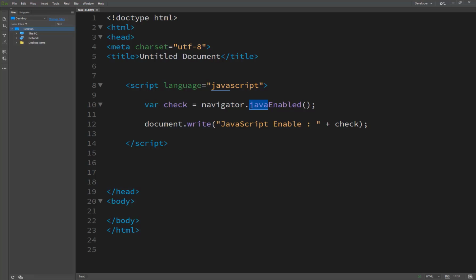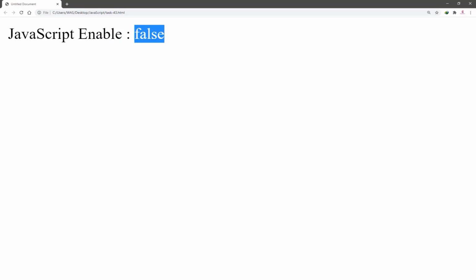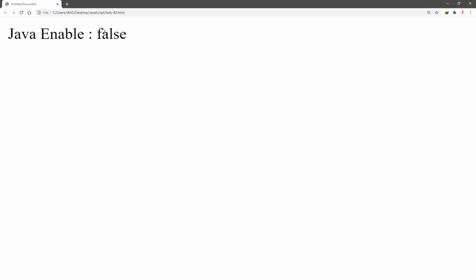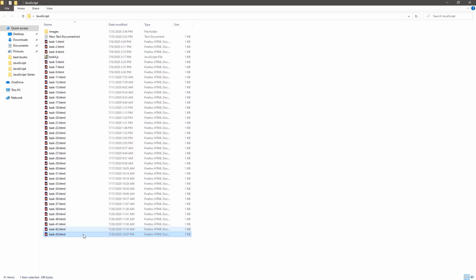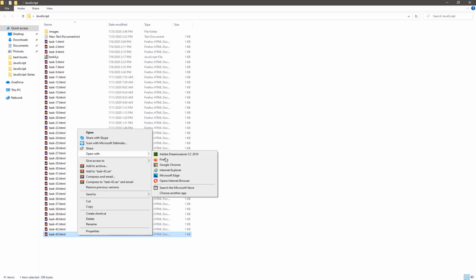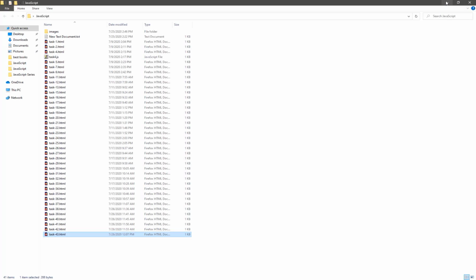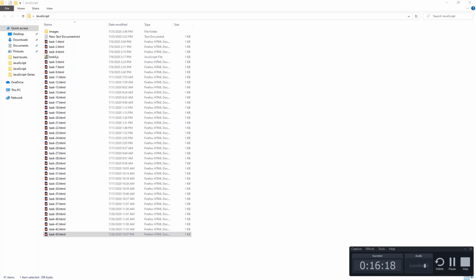By testing first, you could output alternate HTML if the browser doesn't support Java. It's Java, not JavaScript, sorry, it's my mistake. So Java enabled is false by default in Firefox and Chrome, but it's enabled by default in Internet Explorer. It's not JavaScript, so guys, it's my mistake.